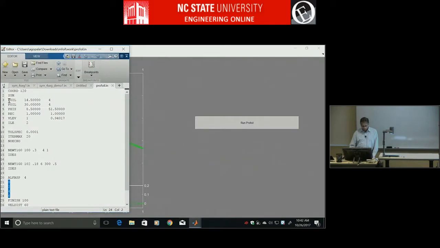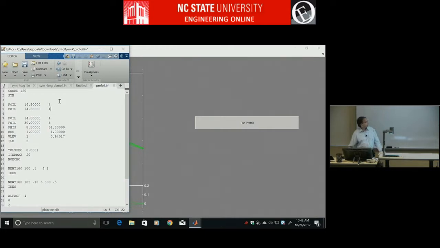Okay, so let me copy this. Just to make it easy, I'm going to create some blank lines so that I can see what I'm doing. So this is 14, right? So these will have to be less. So I'll call this 12.5, 12.5 and 10.5. Will that work? Maybe not. I'll make it 14,